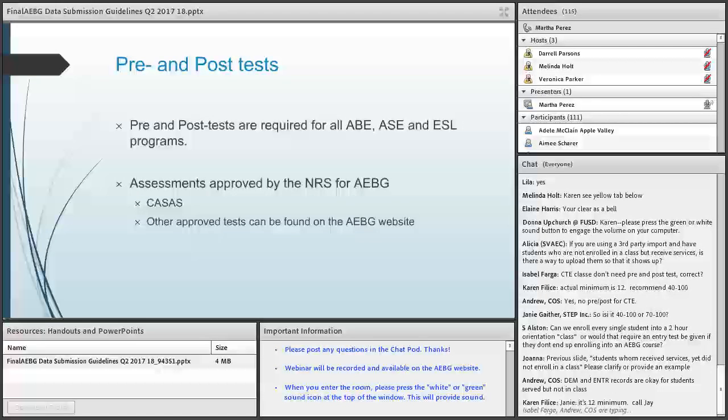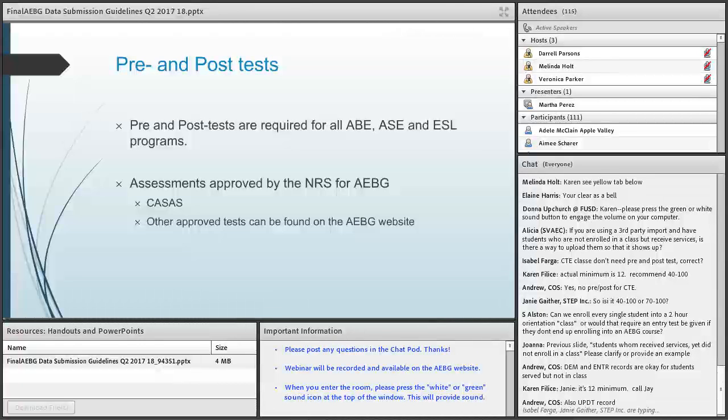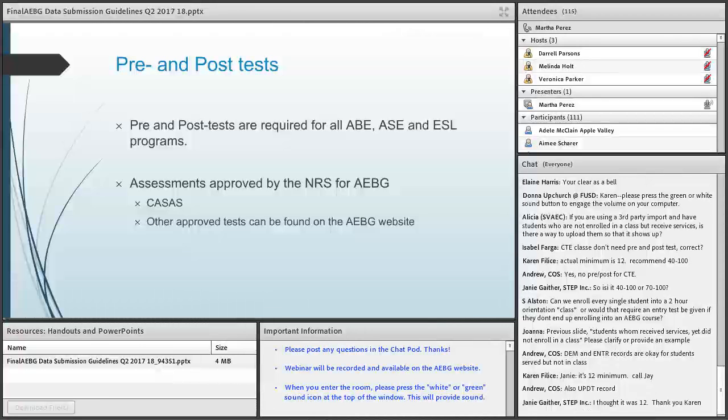That's why that 40 popped up in my head. But the minimum required for NRS is 40. What we recommend is to post-test a student who has between 70 and up to 100 hours of instruction to get better gains. Okay.